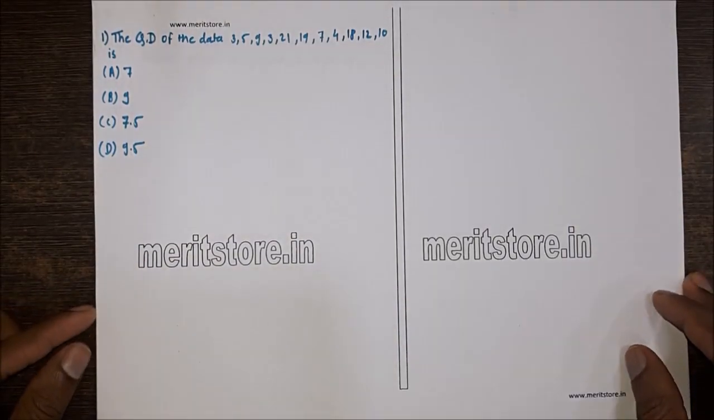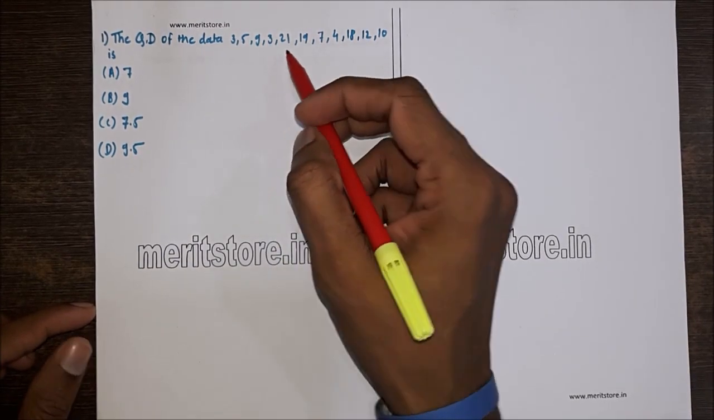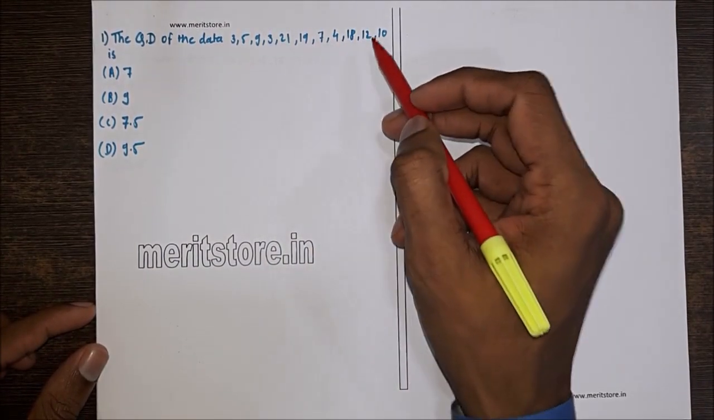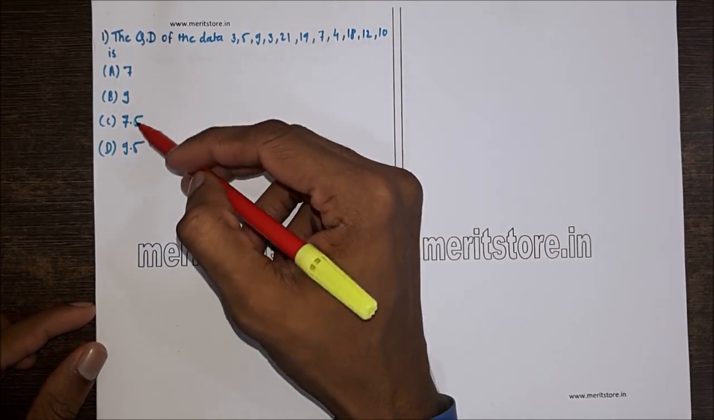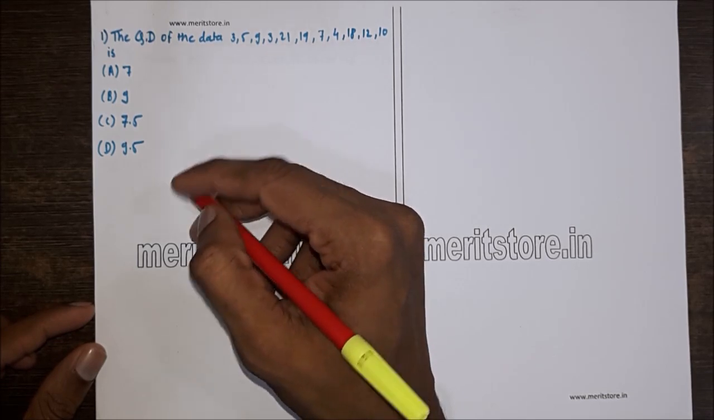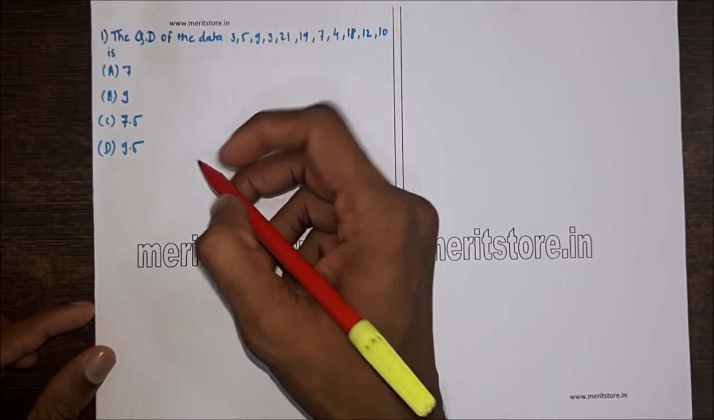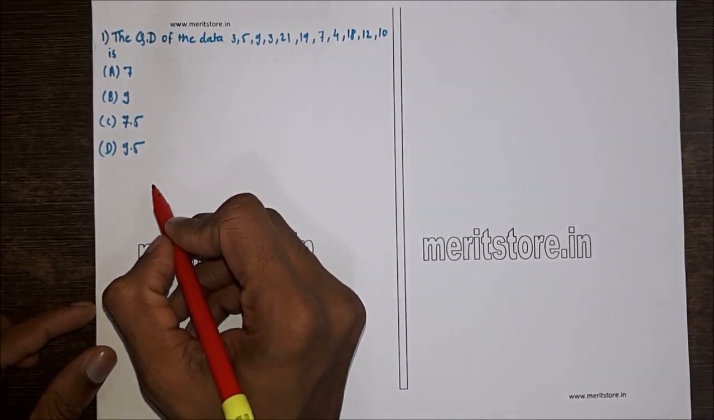Question 1. The QD, that is quartile deviation of the data 3, 5, 9, 3, 21, 19, 7, 4, 18, 12, 10 is. We have four options: A 7, B 9, C 7.5 and D 9.5. Arranging the data in increasing order, which we have given over here, can be written in increasing order as